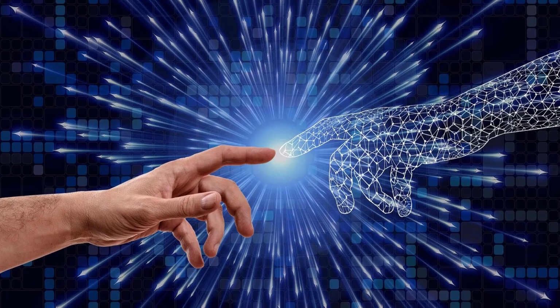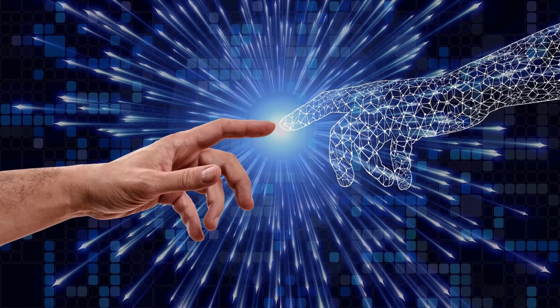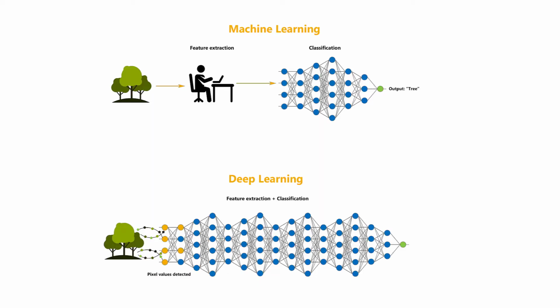Artificial intelligence applications such as recommendation systems, web search, language translation, and driverless cars have changed our lives, right? One of the hottest subfields of AI is deep learning. Deep learning is an extension of artificial neural networks. While an artificial neural network consists of one hidden layer, a deep neural network consists of multiple hidden layers.